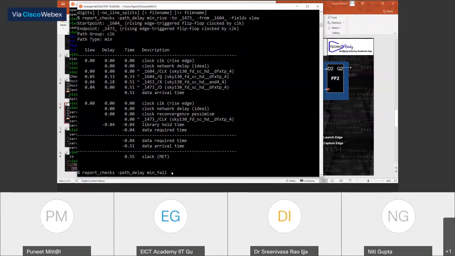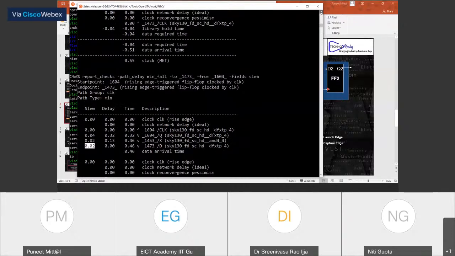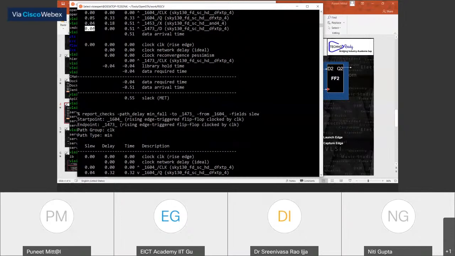So it is a fall, and after the fall, there is something. This is basically the fall thing. Okay, so now if you see at the D pin, 0.02, you can see the slew here. And then here the slew is 0.04.